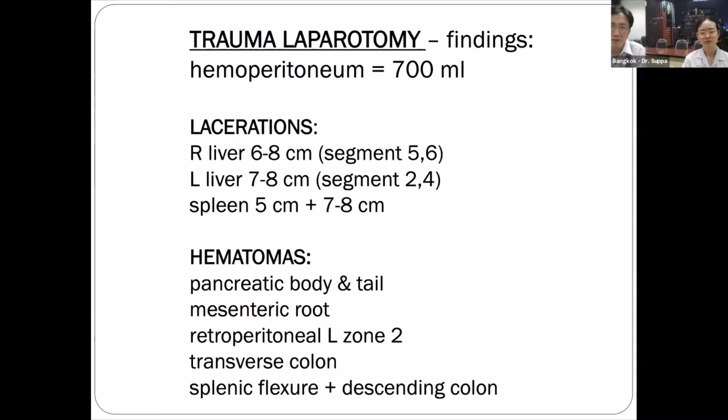So in summary, I would pack the liver, try to do some hepatorrhaphy and pack it, and explore the pancreatic hematoma. If he had a pancreatic injury, I would perform a distal pancreatectomy with splenectomy, and then temporary abdominal closure and plan for a second operation once he's better resuscitated.